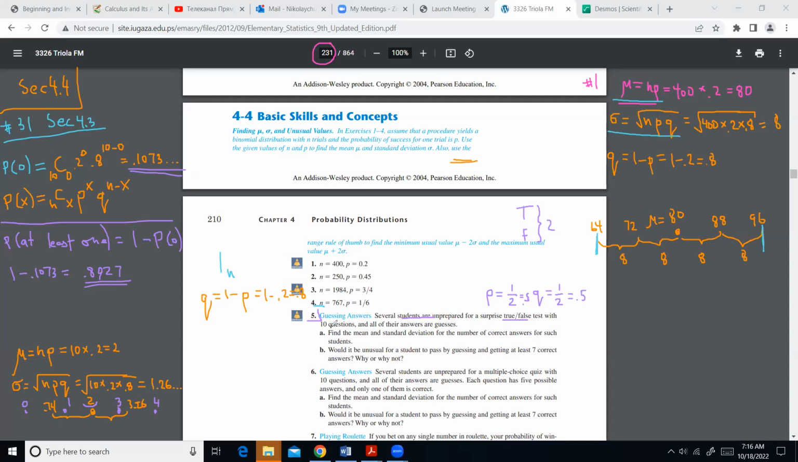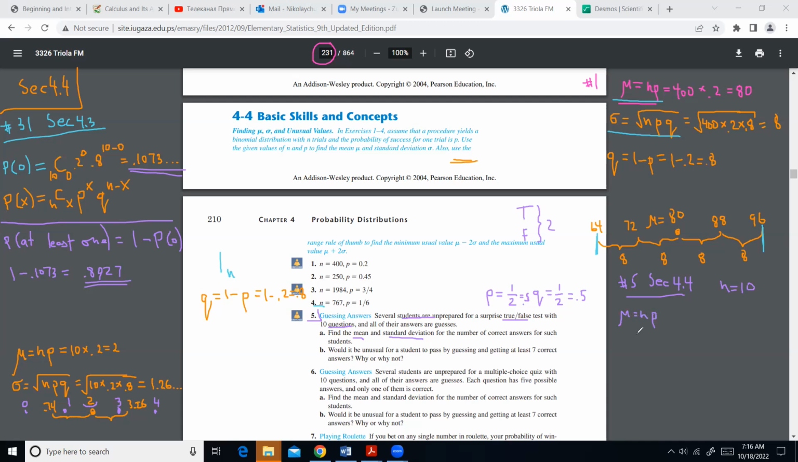So the number of questions is 10. In exercise number 5 here, I'm back to section 4.4. There are 10 questions, and the question is about the mean and standard deviation. So the mean is np,